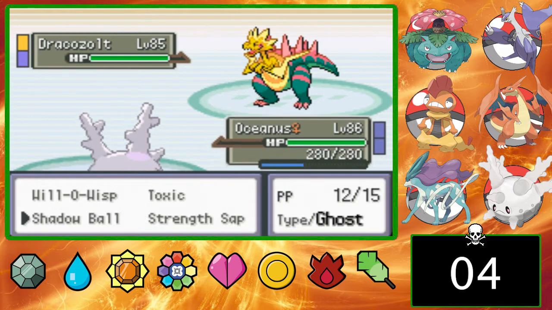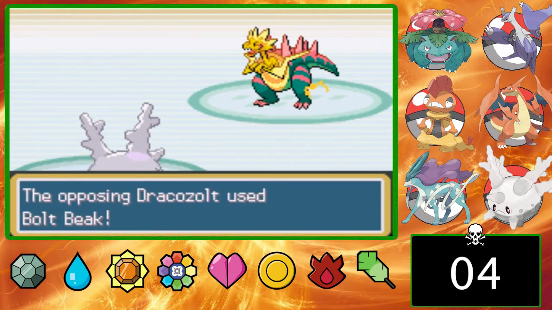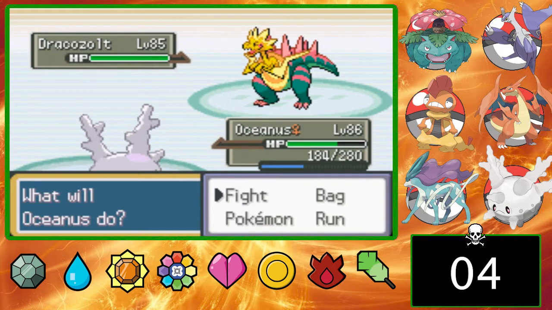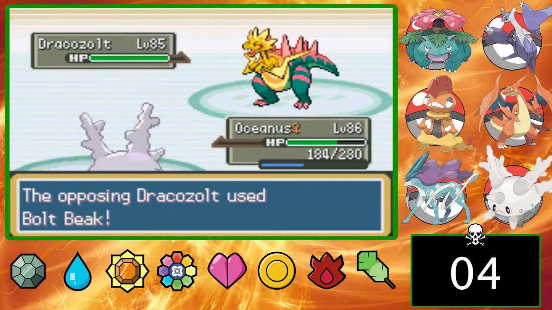I don't know why the audio is cutting out. Every once in a while, there's like a frame's worth of audio that misses. I'm going to go for Will-O-Wisp. It hits the second Bulky, but its attack stat has been dropped by 1, so it shouldn't do nearly as much. And we missed that. Okay, great. I'm going to go for it again. We're going to have to take the second Bolt Beak, but...